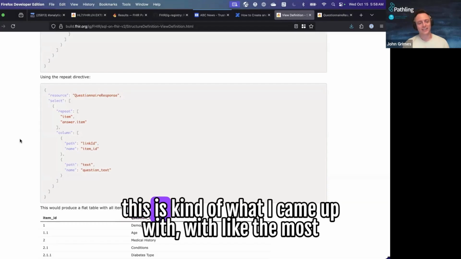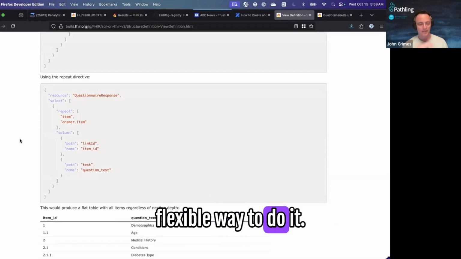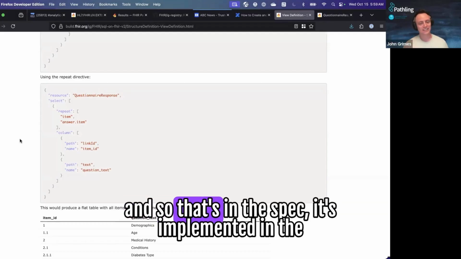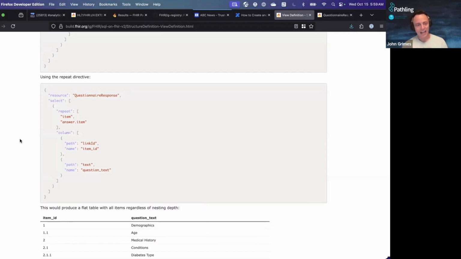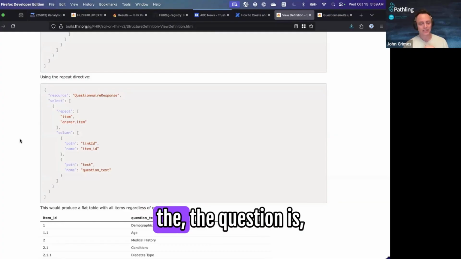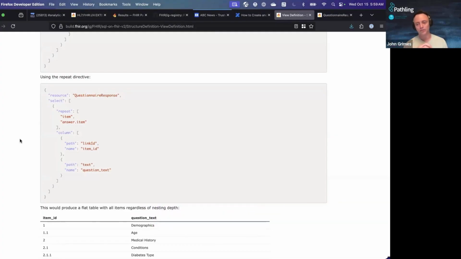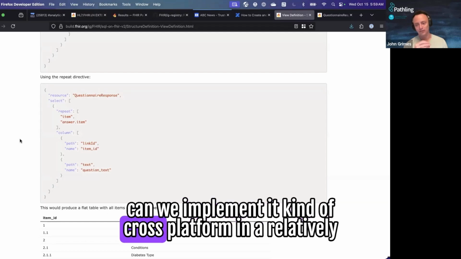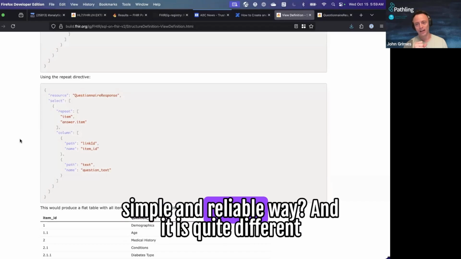This is what I came up with as the most flexible way to do it. And so that's in the spec. It's implemented in the reference implementation. And the question is, can we implement it cross-platform in a relatively simple and reliable way?